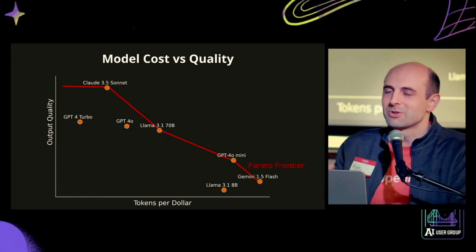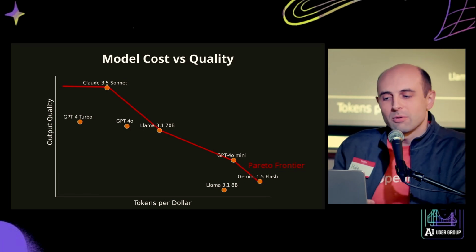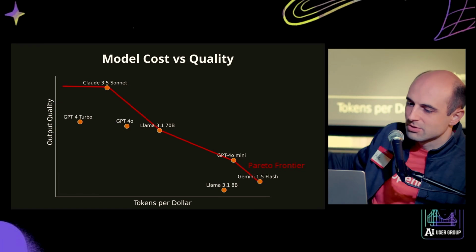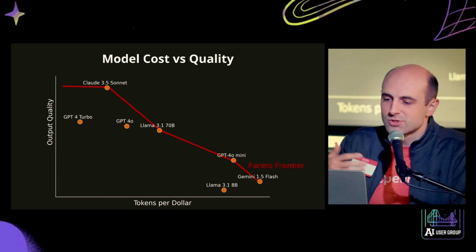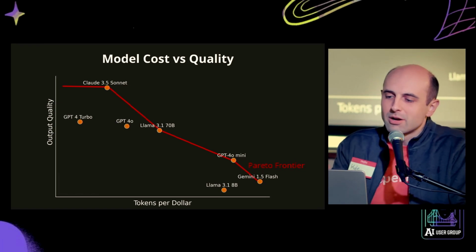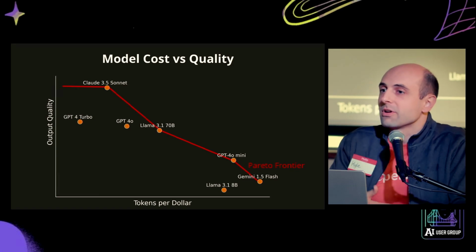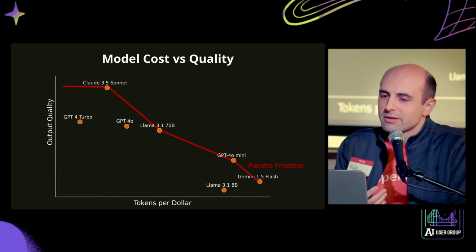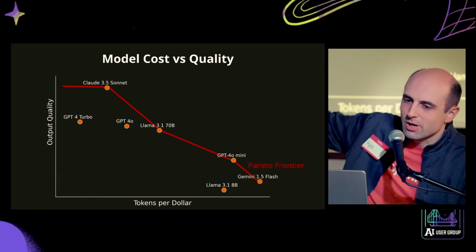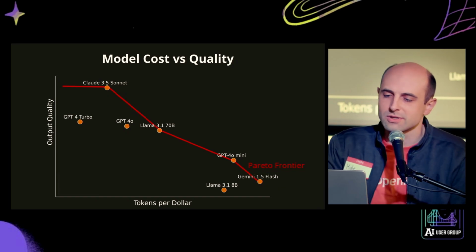So if I'm doing something at huge scale, I'm scraping the whole internet, well, maybe I'm looking down at this tail end of the distribution where we've got Gemini 1.5 Flash, which is super cheap to run, but not that strong. But if I'm doing super high volume, maybe I need that. On the other hand, if I'm doing a very low volume use case, then maybe I want to get the best quality model I possibly can. And we're going to be at the other end of this, way up with Claude 3.5 Sonnet, which is potentially the strongest model that's available publicly today. Okay, so that's very intuitive. That's how you make that decision.